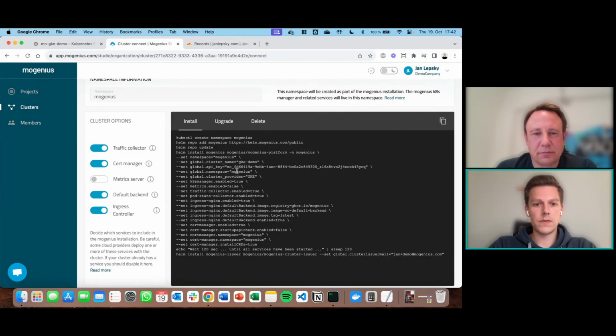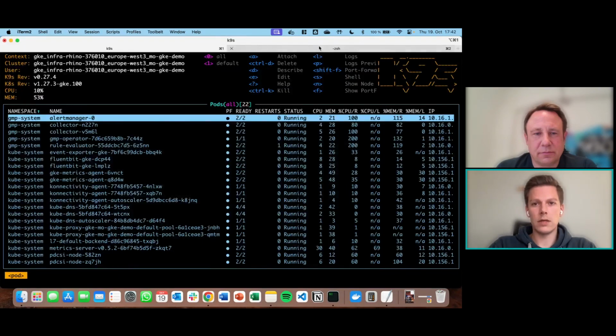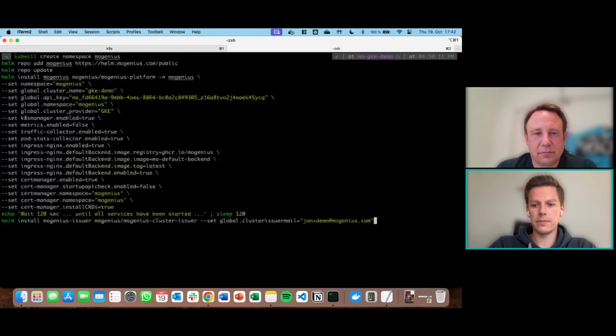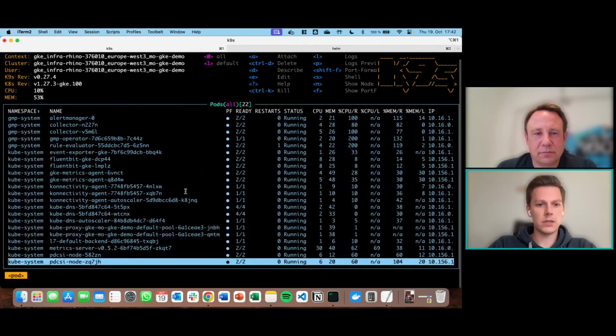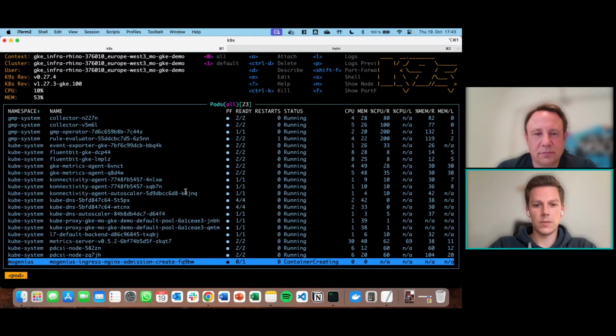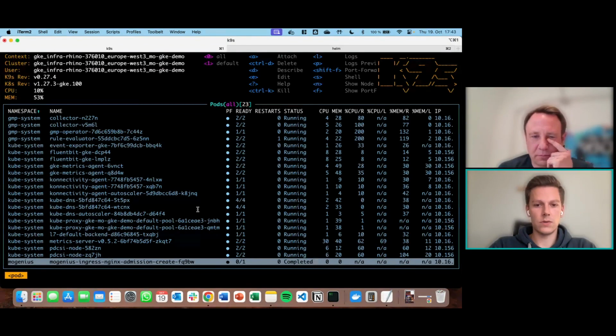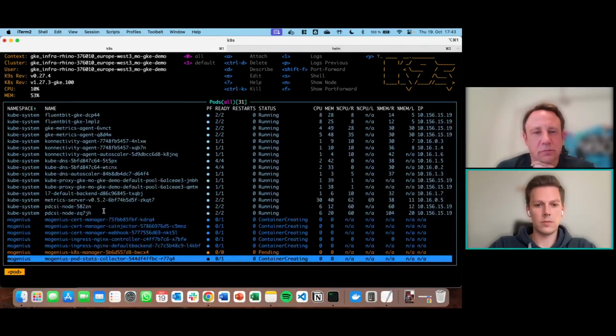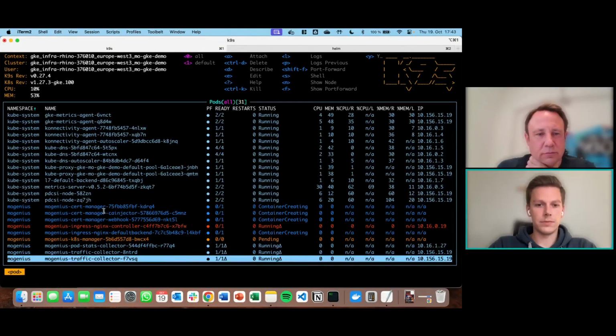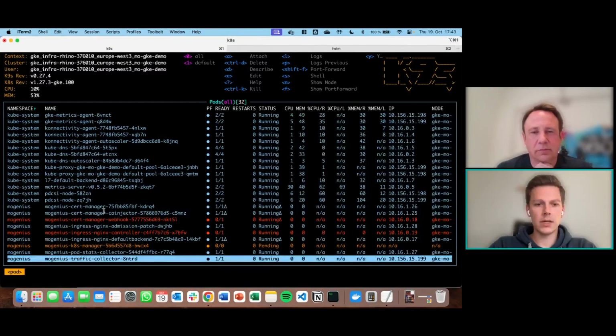So I'm copying the commands and then moving over to the terminal again, just pasting that here, and then we'll start with the installation. So we're going to see in a couple of seconds that the installation will start, and some pods will be created, which will be the operator and the accompanying services. So now it's starting. I'm going to zoom out a little bit to make this visible more easily. And there we go. So installation is starting.